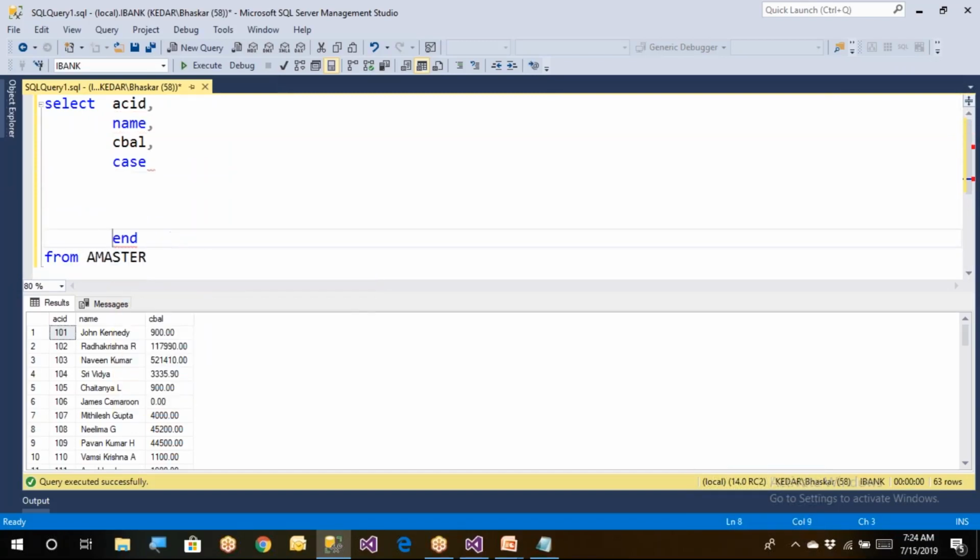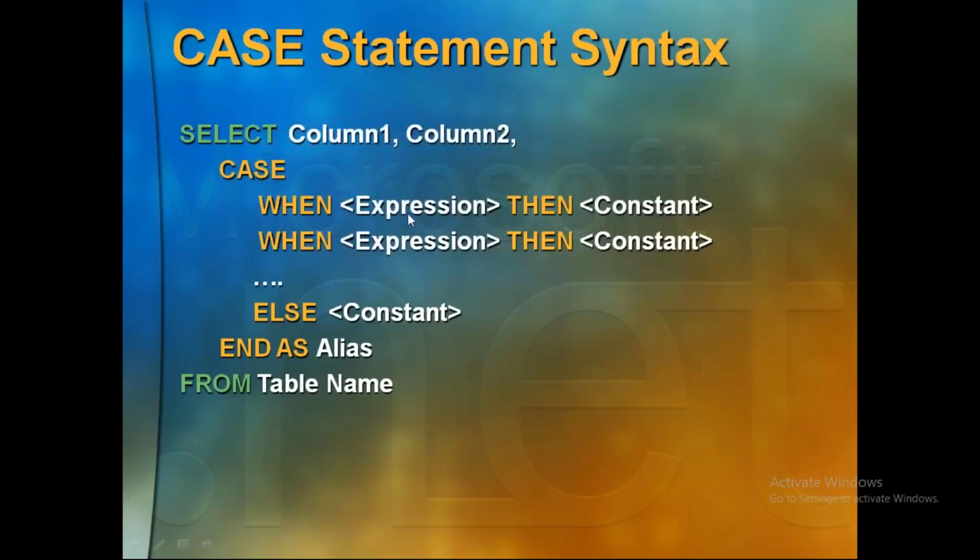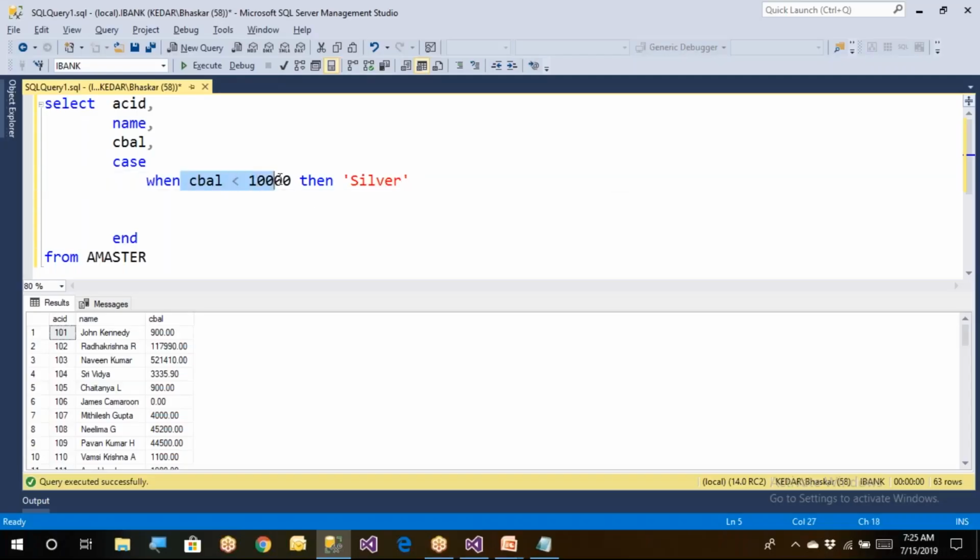What is the requirement here? The requirement: case when C balance is less than 10,000, then the customer is a silver customer. So this is the syntax: expression, then constant. If the C balance is less than 10,000, or less than or equal to whatever you wanted to have, this one. When